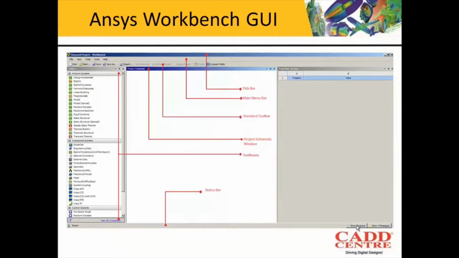About the Workbench GUI, that is the graphical user interface of Ansys Workbench. You will see over here that this is the title bar. The title bar shows the project that we have opened and what software we are using. Then we have the main menu bar over here. After that, we have the standard toolbar where we have the regularly used options like new, open, save, save